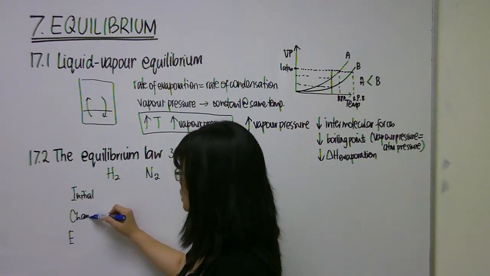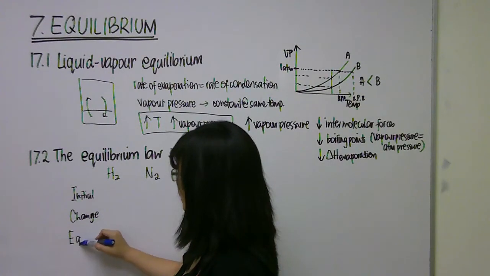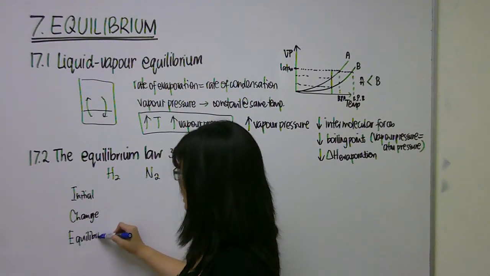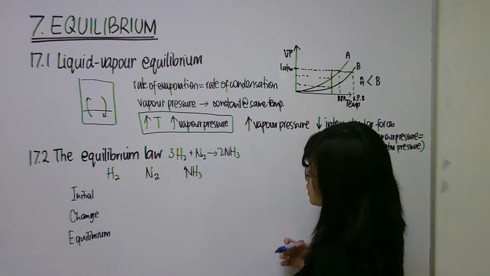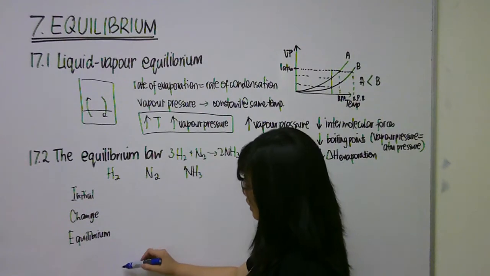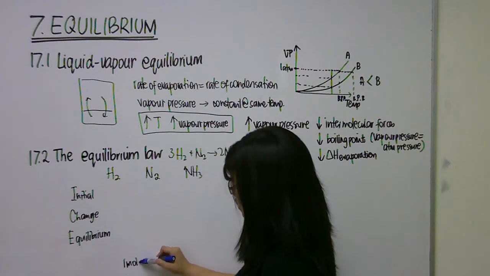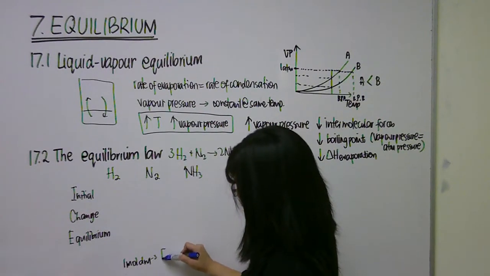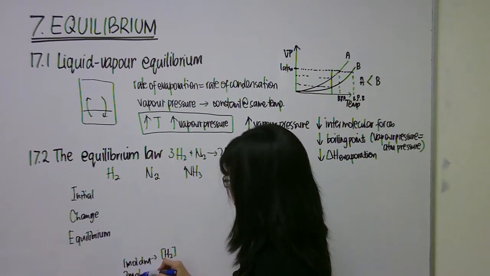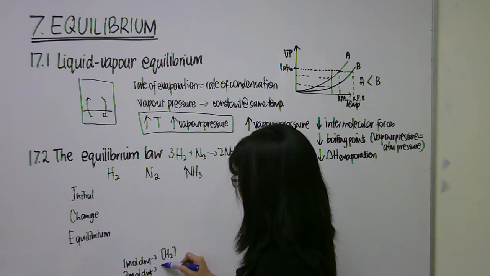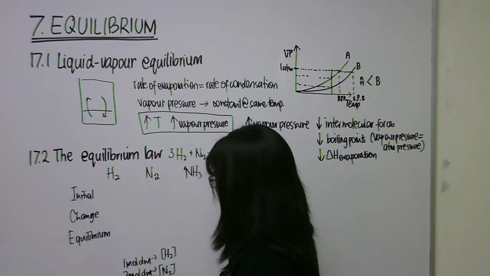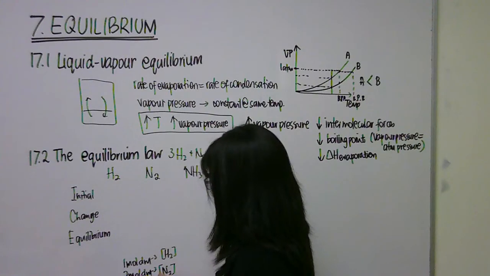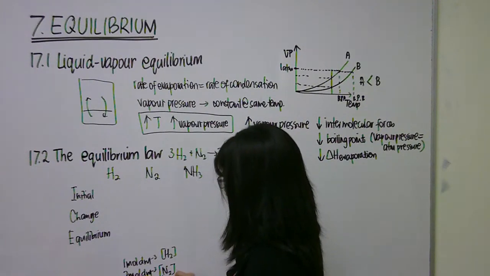You need to determine the change so that you can arrive at the equilibrium concentration, which will be used for Kc. So for example, if they say they start with 1 mol per dm cube of hydrogen and 2 mol per dm cube of nitrogen, and they will say something like maybe 10% is converted